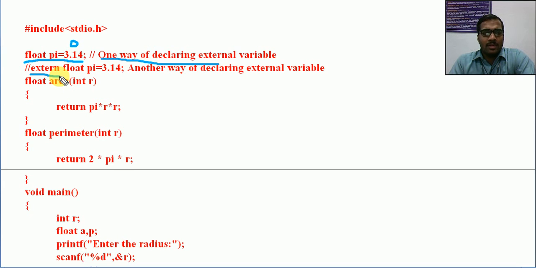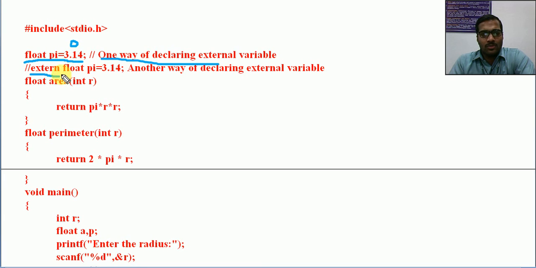We won't use that regularly, because if you want to use such type of variables, we are directly declaring that above all the functions. We won't use extern regularly. Normally we cannot see that in our normal programs. So just for understanding, extern is a C keyword used for declaring a variable as an external or global variable.